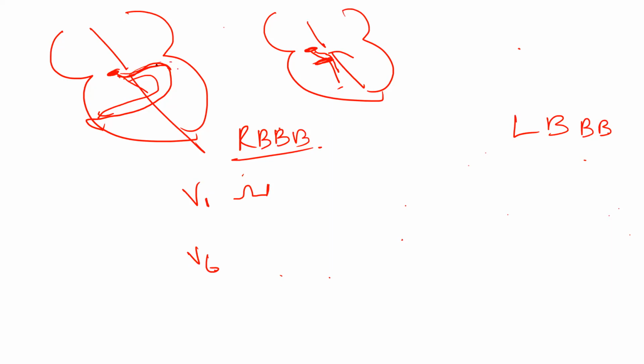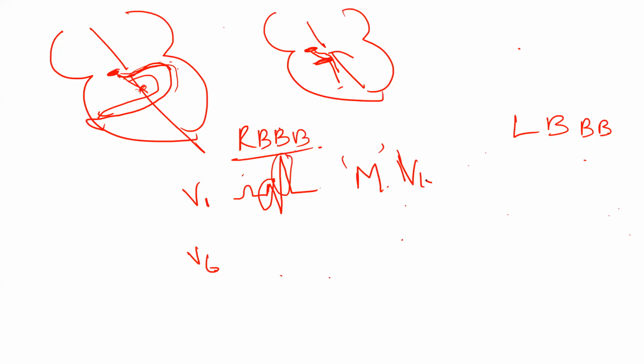But as it takes a longer time to conduct to the entire ventricle because of the block, the impulse travels to the left ventricle, then again comes to the right ventricle. So this is the depolarization of the left ventricle. This is the delayed depolarization of the right ventricle because of the right bundle branch block. So you get a typical M pattern in